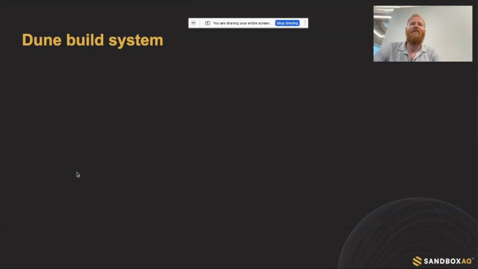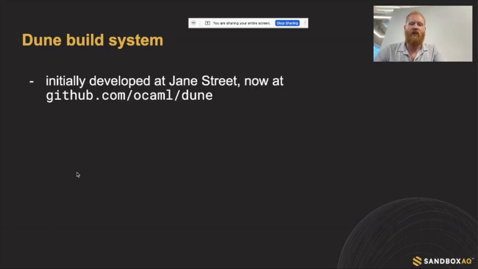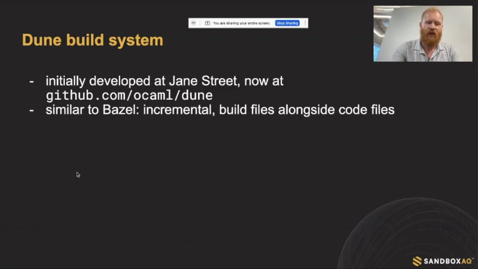But so this is kind of low level and error prone and annoying. So what people in the OCaml community did is they wrote their own build system. It's called Dune. It was started at Jane Street. Now it's open source. It's very similar to Bazel in that they promise to be incremental, and